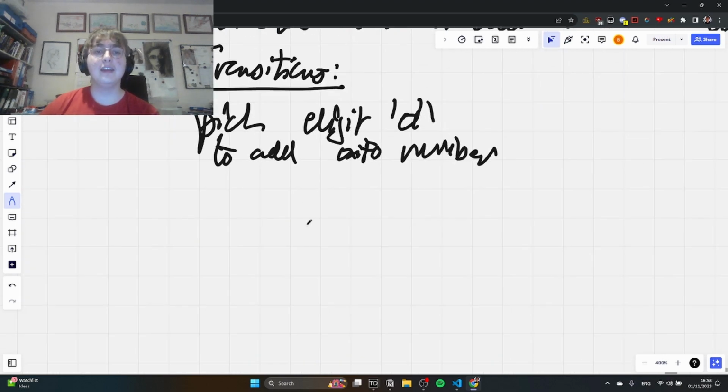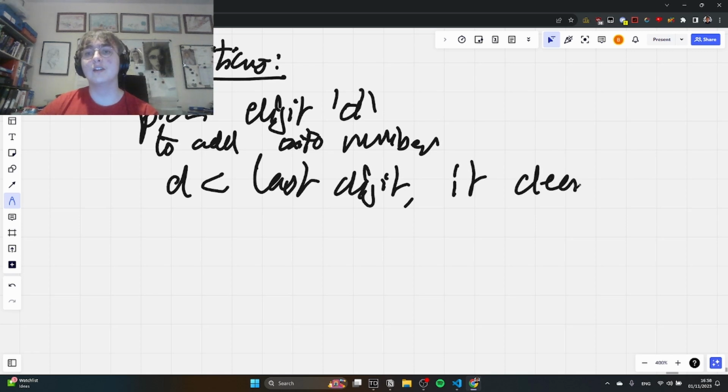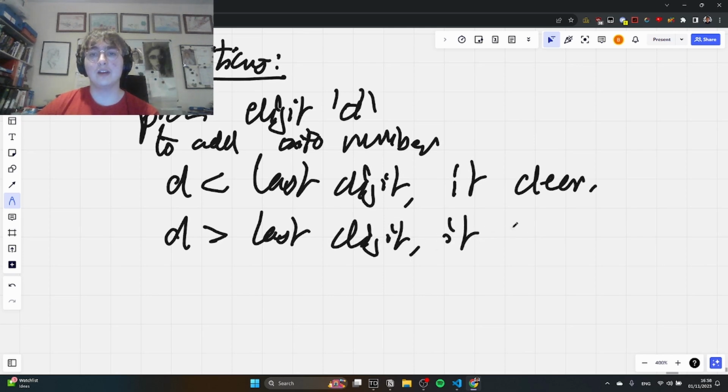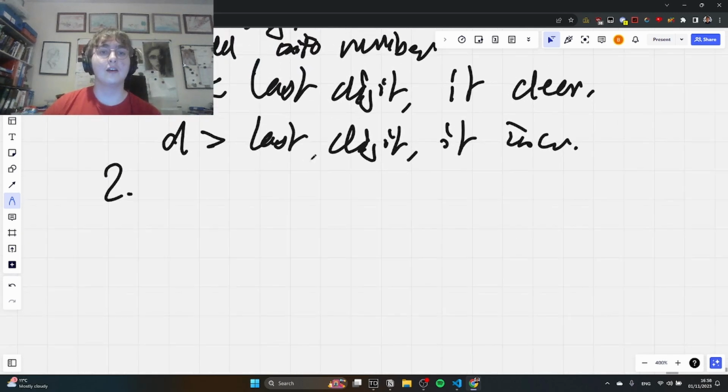Now this digit D must be less than the last digit if we're decreasing, and it has to be more than the last digit if we're increasing. Now, once we've picked this digit D, we can transition to the next state, which will be when len